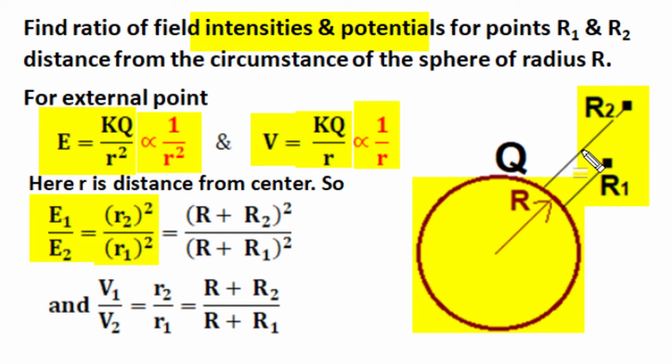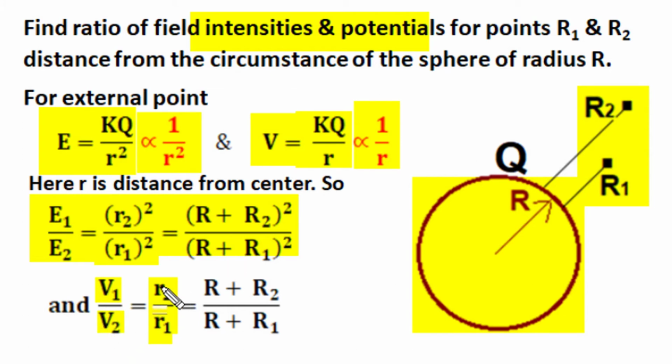Now R2 is R plus capital R2, and similarly this small r1 is capital R plus R1. So when these values are substituted, we will get a ratio of electric field at first and second position as this one. Similarly, potential has an inverse of the distance relation. So for V1, R1 is on the other side in the denominator, and similarly for V2,